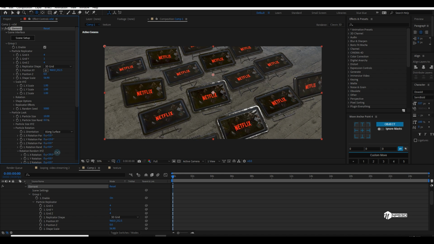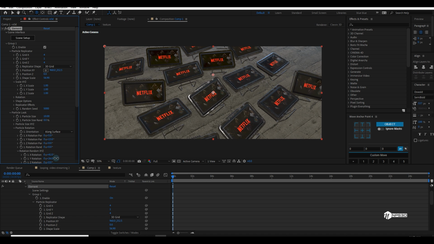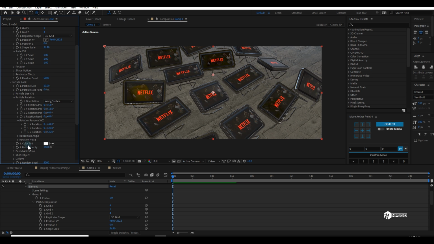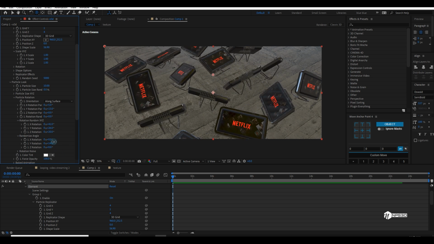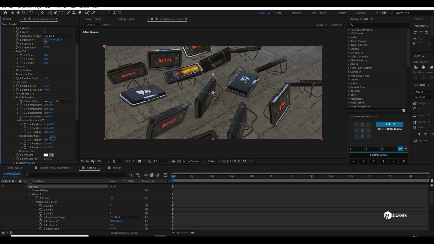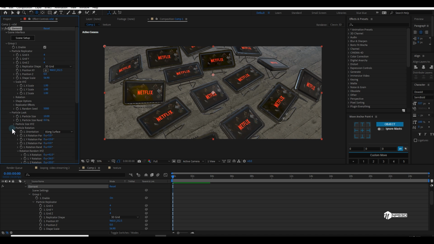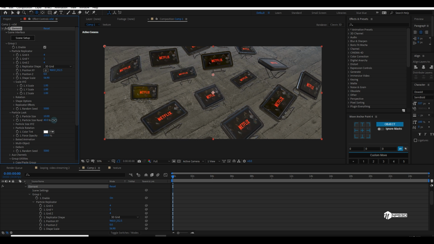Random rotation in X, random rotation in Y, and random rotation in Z. And you can also randomize the angle if you want, but I don't know what will work. So this looks good. And what I did more, I just brought down the particle size randomness, so a few screens are bigger and a few are smaller.